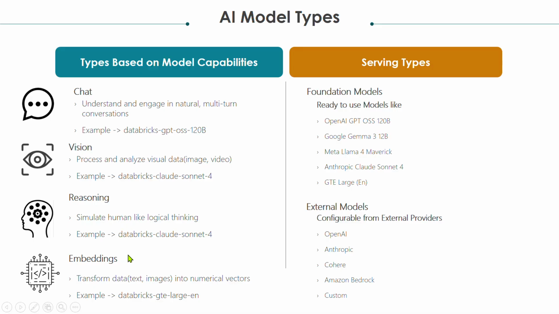And the fourth type is the embeddings model, which can transform data, which can be text or images or videos, into numerical vectors, which can be used later on for semantic search kind of scenarios. And GTE Large EN is one of the embeddings models which is frequently used in Databricks. So these are the four types of models which we can create,